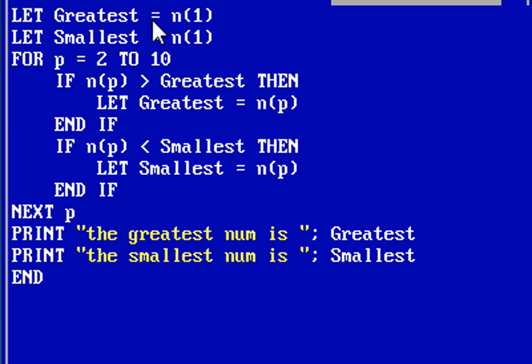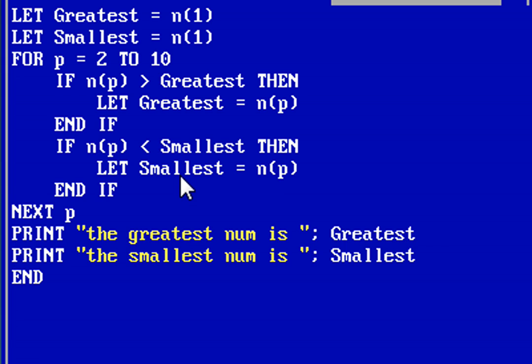We check the remaining 9 numbers, and if there is any number greater or smaller than the first number, then the greatest and the smallest number are going to be changed. So we have the greatest number in the greatest variable and the smallest number in the smallest variable.